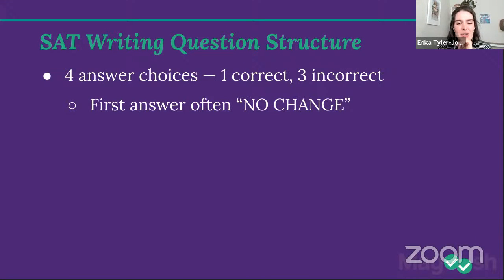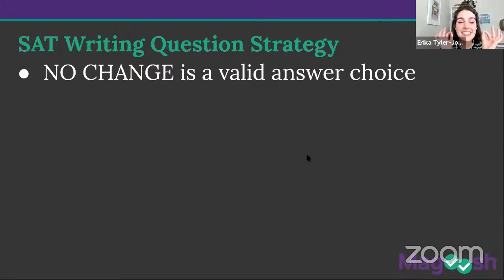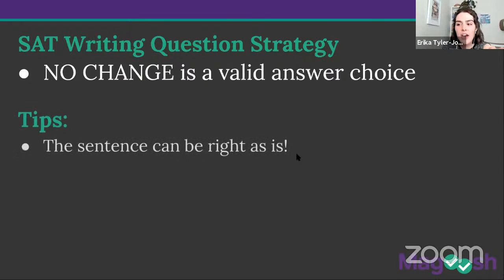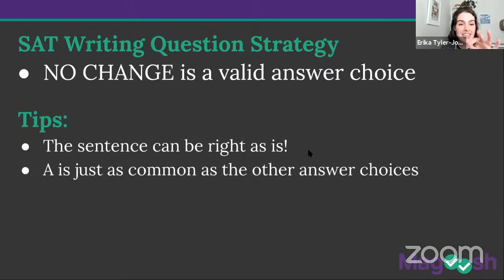Awesome. So I'm seeing in the poll and in the chat that the most common response is the same, which is correct. It is correct that it is the same amount likely as B, C, or D. There is a 25% chance that the answer is A, a 25% chance that the answer is B, a 25% chance that the answer is C, and a 25% chance that the answer is D.